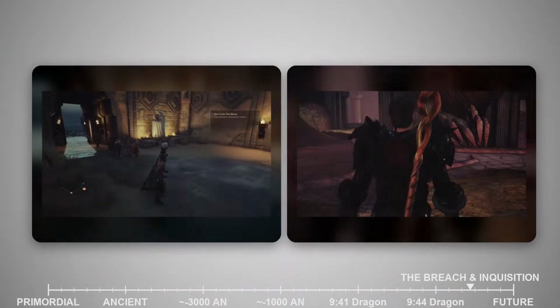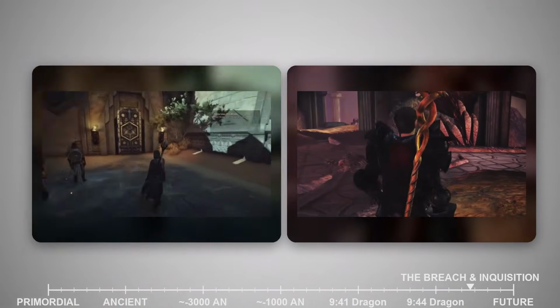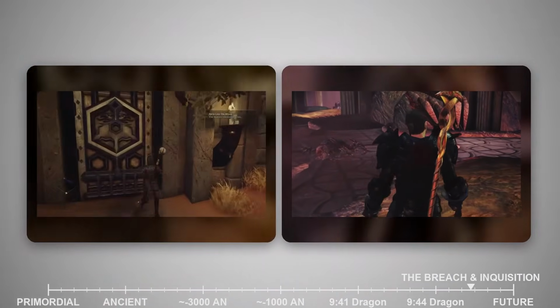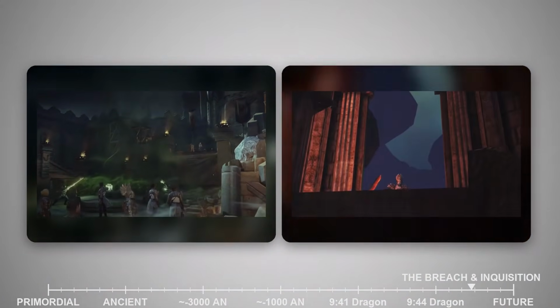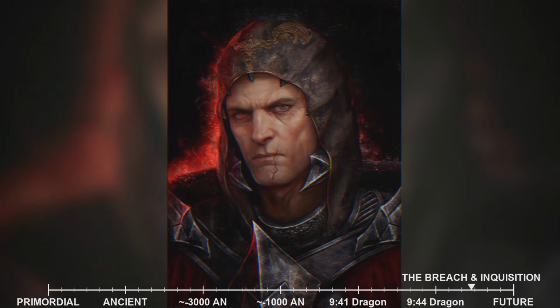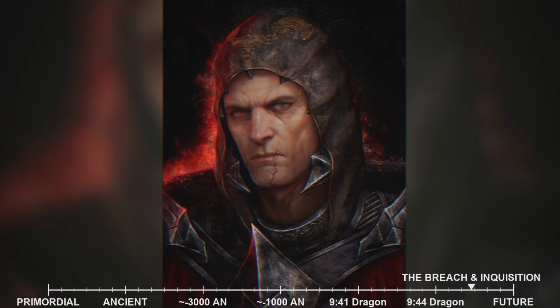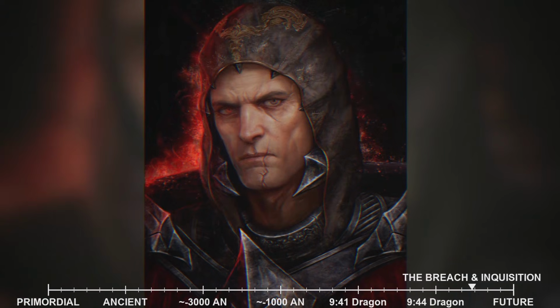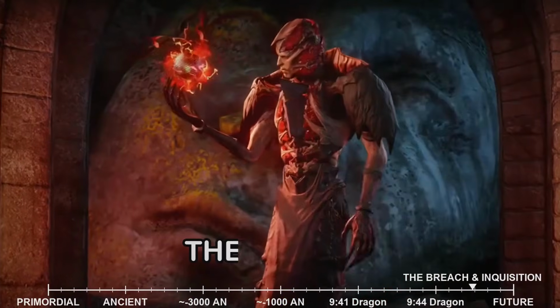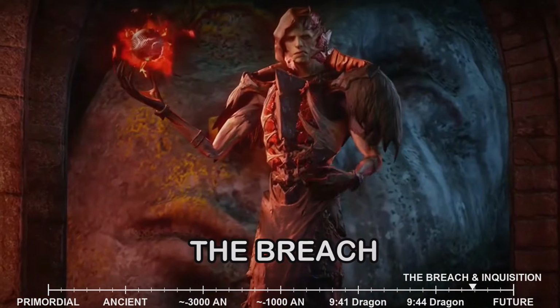As the year 941 Dragon continued, the fledgling Inquisition, still reeling from the initial revelation of Corypheus's involvement, began to piece together the true scope of his ambition. Their investigations led them to discover that Corypheus, a powerful ancient magister sidereal, one of the original Tevinter magisters who first breached the Golden City, was not merely a rogue mage. He was the architect of the breach itself, his dark magic tearing a hole in the veil between the Fade and the waking world.